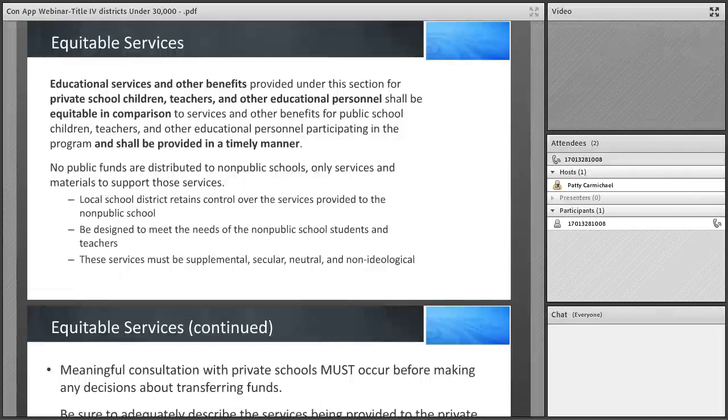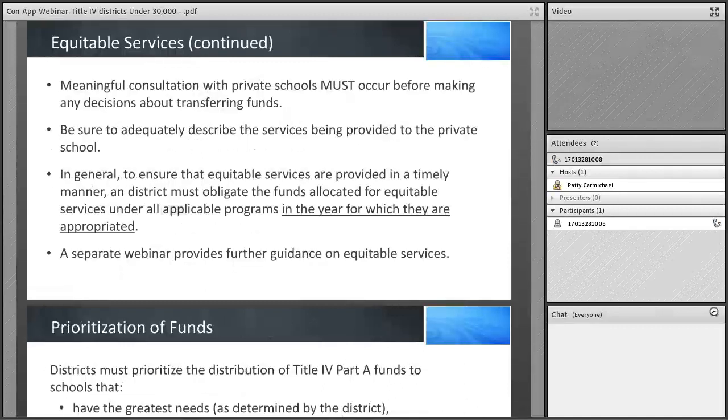By design, they're to meet the needs of the non-public students and teachers, and these services must be supplemental, secular, neutral, and non-ideological. Meaningful consultation with private schools must occur before making any decisions about transferring funds. So if that's something that you decide later on, it is important that you re-engage with those stakeholders and have that discussion. Be sure to adequately describe the services being provided to the private schools, and in general, to ensure